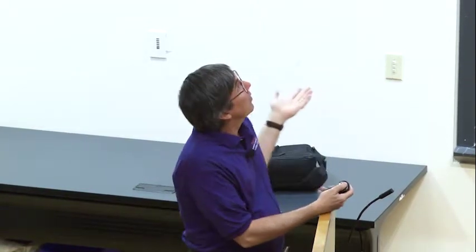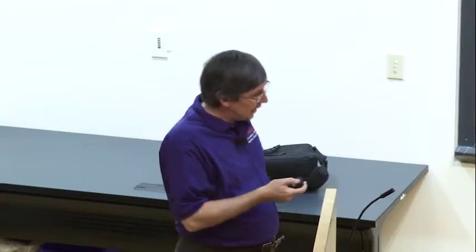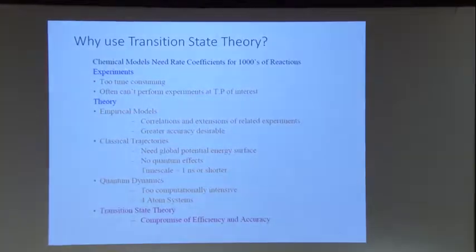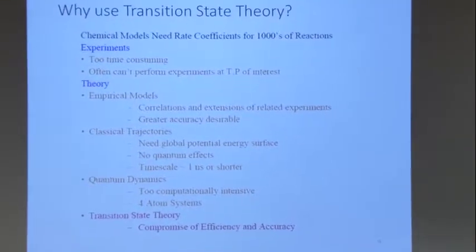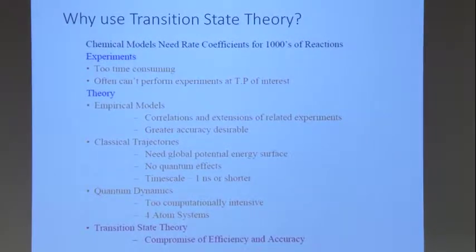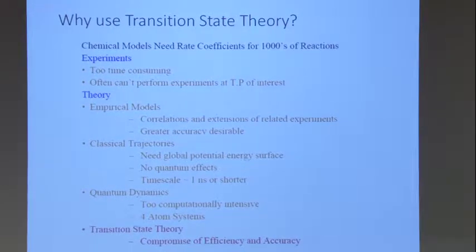So there's a lot of things that we've done that are inaccurate in this. But why do we do it? So the key thing is that the chemical models for combustion, we need thousands of rate coefficients, a very large number of rate coefficients. We don't have the resources to try to get perfect numbers for every single number in these models. So we have to accept that we're going to have some errors, and therefore it's not just how accurate something is, but accuracy per time, or accuracy per amount of effort is an important thing.